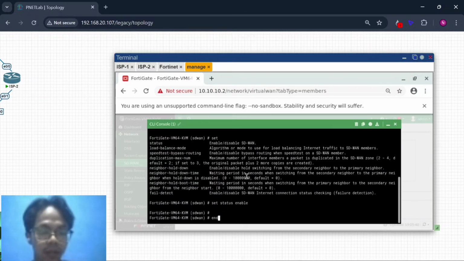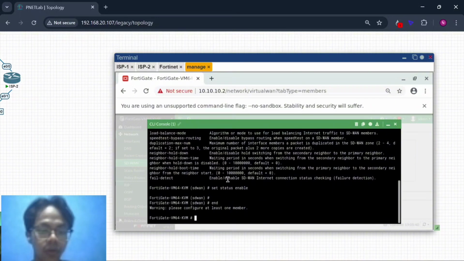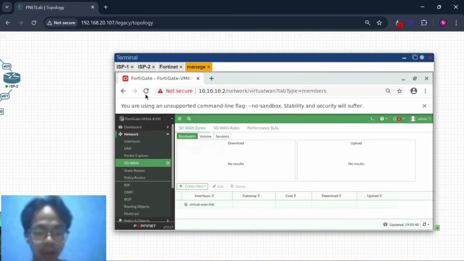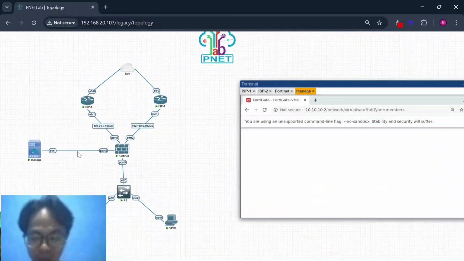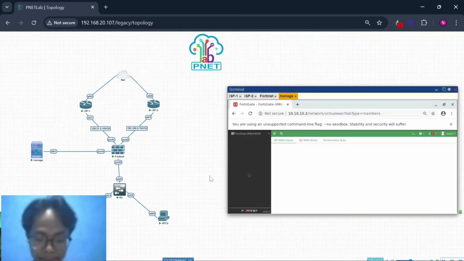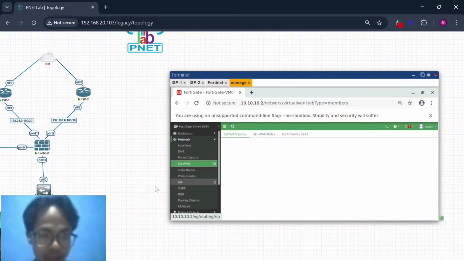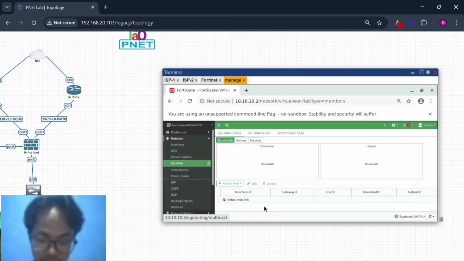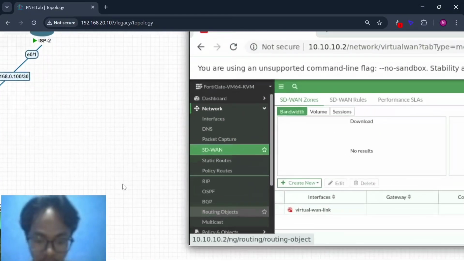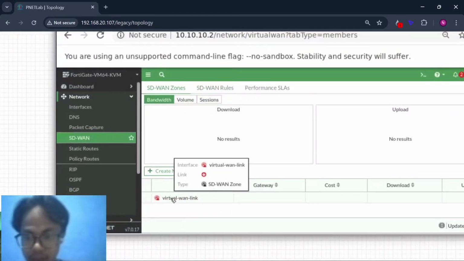Okay, and warning, please confirm. Okay, you can refresh here. SD-WAN services, and now the SD-WAN service is enabled and the sign is red.